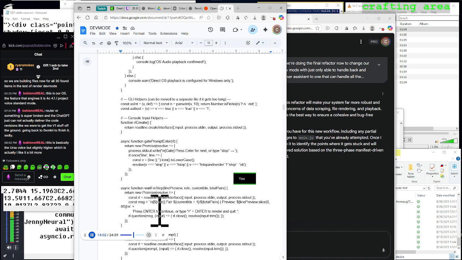async function waitForStep(linePreview, role, currentIdx, totalPairs) { return new Promise(resolve => { const rl = readline.createInterface({ input: process.stdin, output: process.stdout }); const msg = `${role} pair ${currentIdx + 1}/${totalPairs}: ${linePreview.slice(0, 80)} ... press Enter to continue or type r plus Enter to render and quit`; rl.question(msg, input => { rl.close(); resolve(input.trim()) }) }) }. async function waitForTextPrompt(prompt) { return new Promise(resolve => { const rl = readline.createInterface({ input: process.stdin, output: process.stdout }); rl.question(prompt, input => { rl.close(); resolve(input.trim()) }) }) }